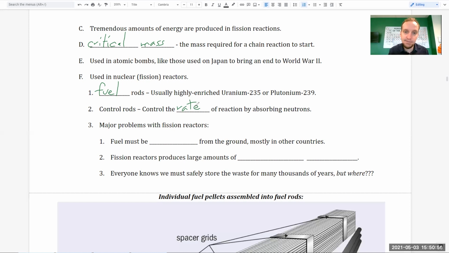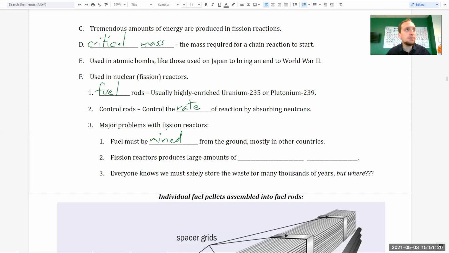Now there are some significant problems with nuclear fission reactors. One is that fuel must be mined from the ground. Okay, and so that's going to disrupt the ground, of course. And also the uranium and the plutonium that we get is typically from countries over in Southeast Asia and places that are not always,